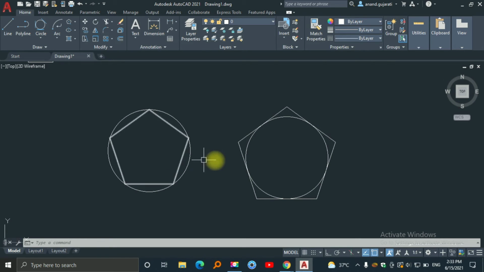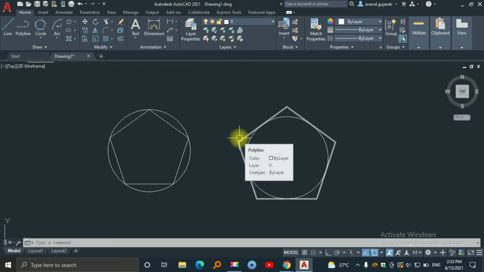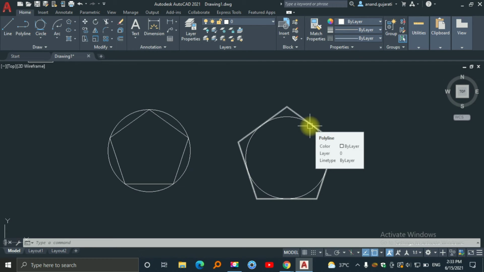Okay, so here is the difference between both methods. In the inscribed method, the polygon is drawn inside the circle, and in the circumscribed method, the polygon is drawn outside the circle. Here the distance from center to node point is equal to what you give, and here the distance from center to side is equal to what you give.